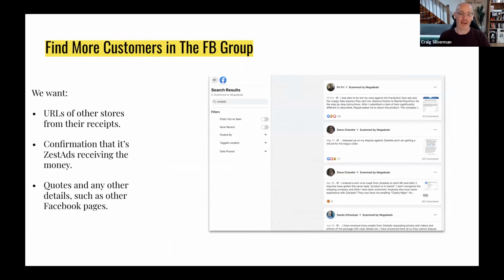And so now I have a hint that it's not one ad on one website. It is a lot of websites and maybe a lot of ads and maybe a lot of Facebook pages to sell a lot of masks. And so now the importance of the story starts to grow, because it's maybe not just one bad ad and one bad store. It could actually be a whole network and much bigger.